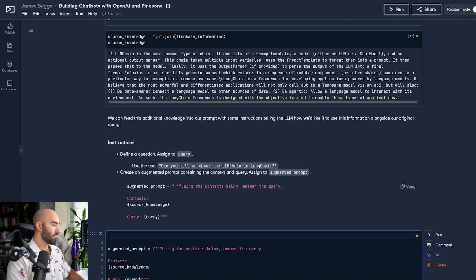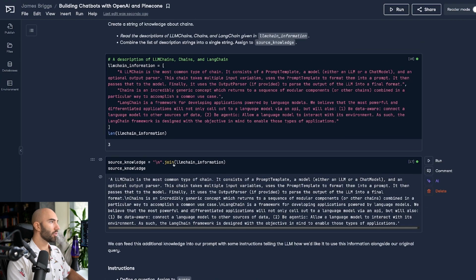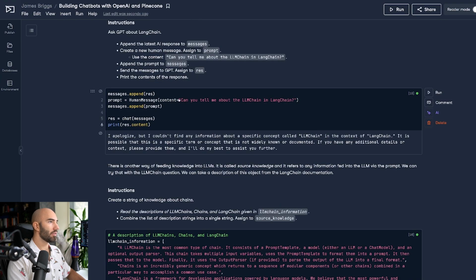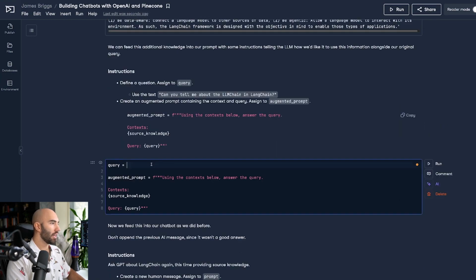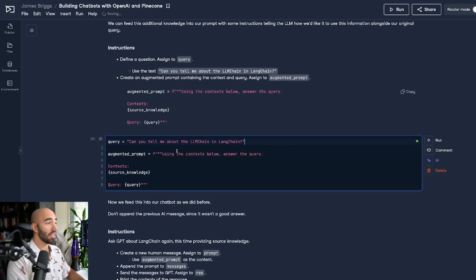And what I'm going to do is define a query. The query is going to be the same as what we saw before. Can you tell me about the LLM chain in LangChain? So we come down to here, and we're going to pass in our context, we're going to pass in our query, and we're going to see how this might perform.